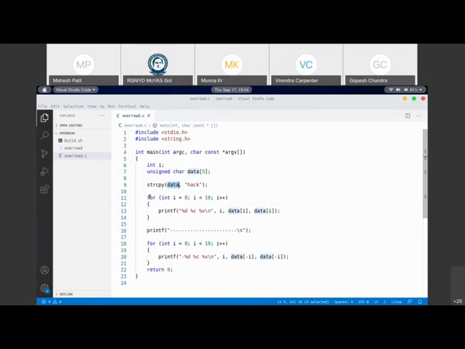Now, I have put a simple for statement, and this for loop goes from 0 to 9. It means it is going beyond the 5 bytes of data allocated here, and we are printing its index and also its value in character and hexadecimal format, just for our understanding.